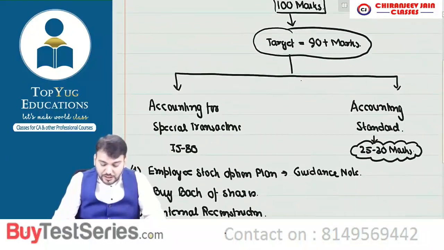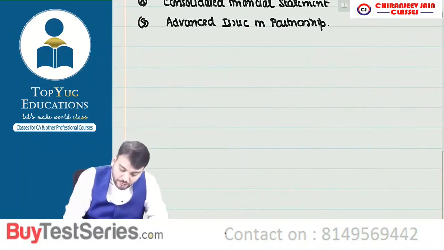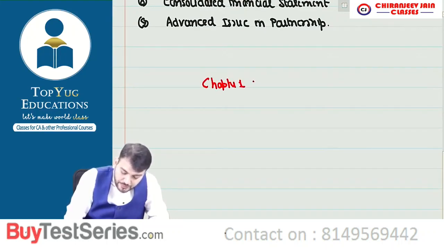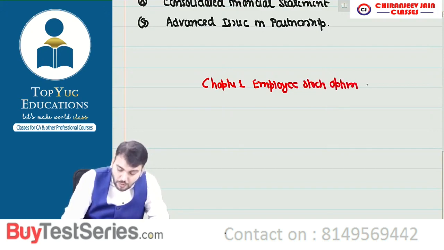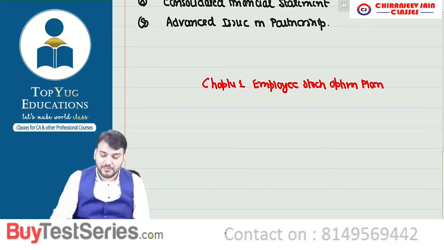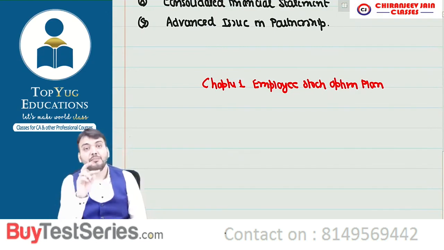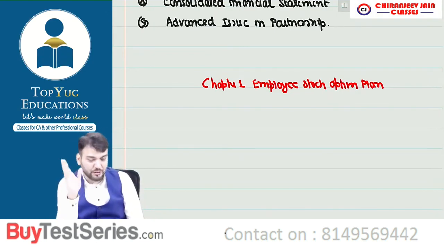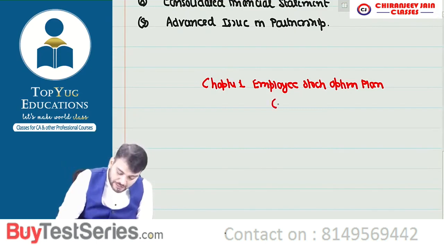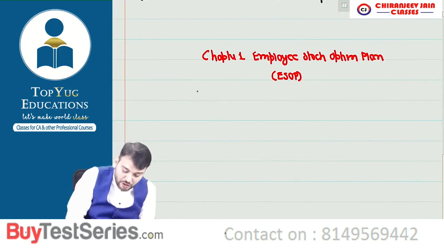Can we start the first chapter of advanced accounting? So we'll start with, write down, chapter 1, Employee Stock Option Plan, commonly known as ESOP. Already I said that this chapter is based on